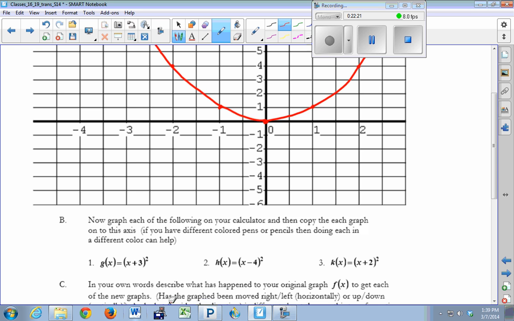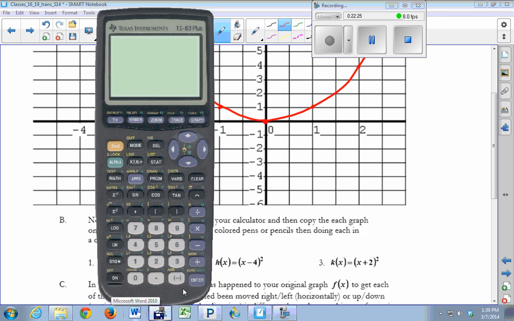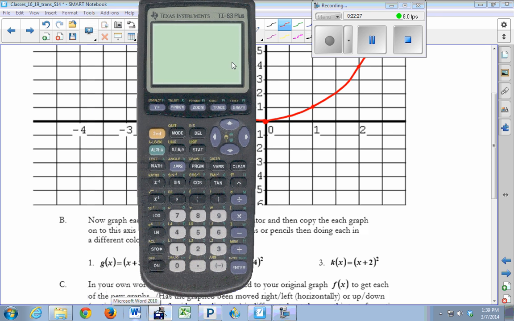So let's take a look. I'm going to do this all on the graphing calculator. I'm going to put all of my graphs in. So I'm going to put in y equals x squared. Well, let me clear everything out of here. You might run into this since we just did some linear regression that you still have your stat plots turned on. So the first thing you have to do is turn off your stat plots, or else you're going to get some kind of error when you go to graph.